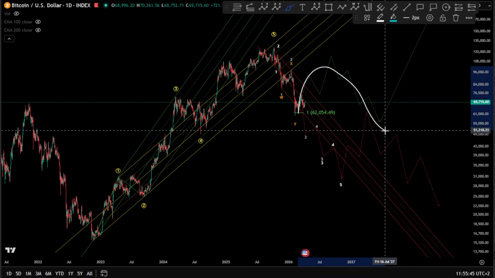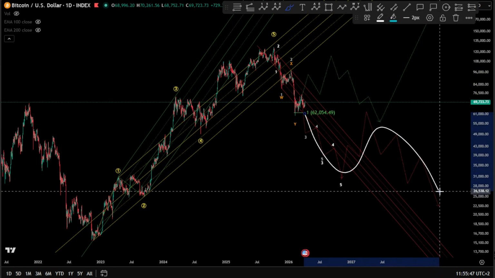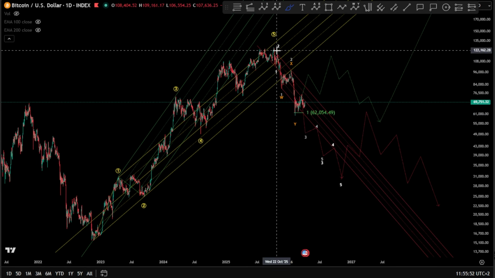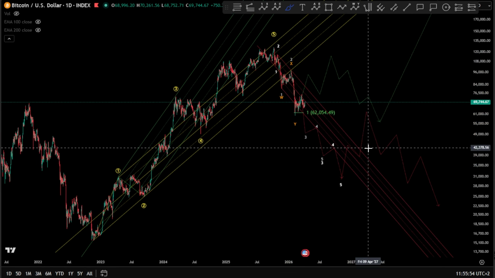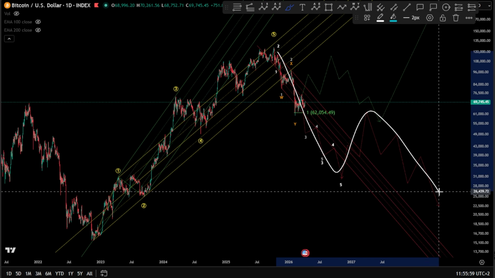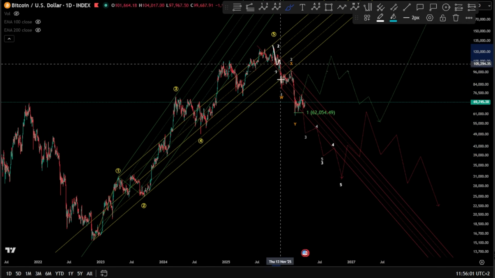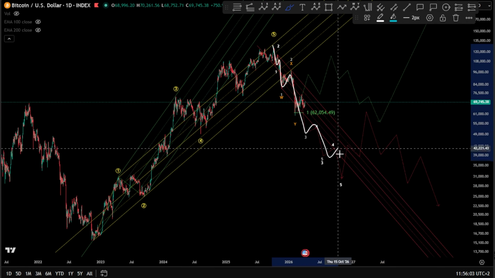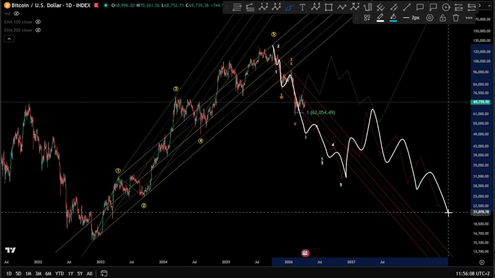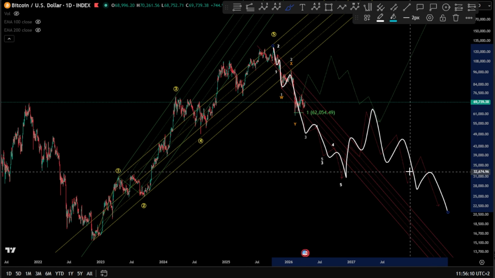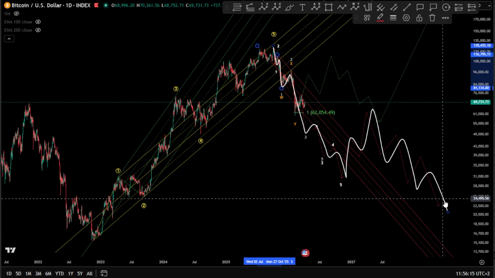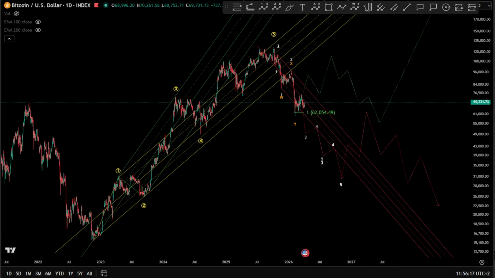Again, both are 200K and above, of course. Now, the question mark is the ABC, shallow or deep. What are the forms for a shallow bear market, and what are the forms for a deep bear market? For a deep bear market it is very clear. It should be a zigzag, an impulse in double 1 2 and then 3 4 5, wave A, then wave B, and then somehow finishing with an ending diagonal, or even an impulse for a wave C to reach the 0.618, 0.786 in this area. But we're going to see it in detail, of course.